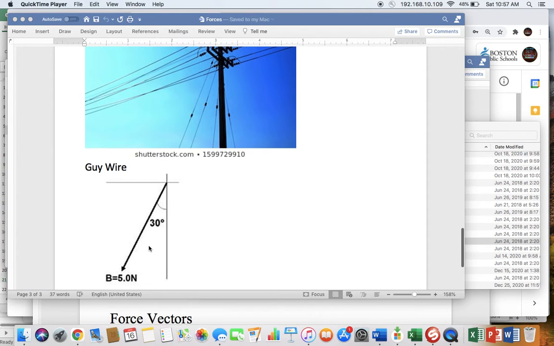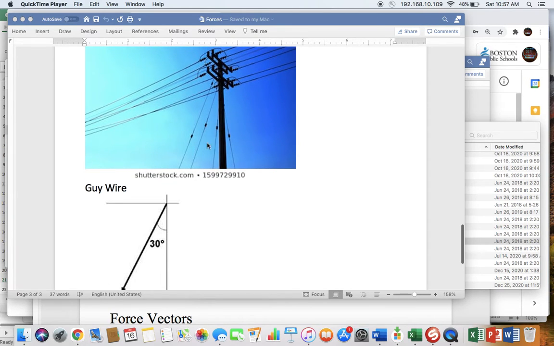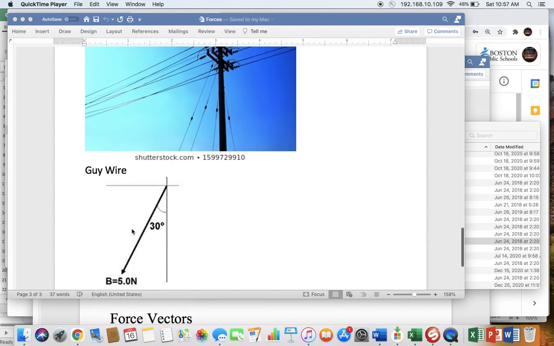So this force could be representing a force in a guy wire. A guy wire is a cable that, for instance, attaches to an antenna or a telephone pole like this one. And if the wind pushes on the telephone pole in one direction, you'd expect the guy wire to pull back, let's say on the earth, in the other direction. And so this would be an example of the force, 5 newtons, and the angle, 30 degrees, at which it's applied